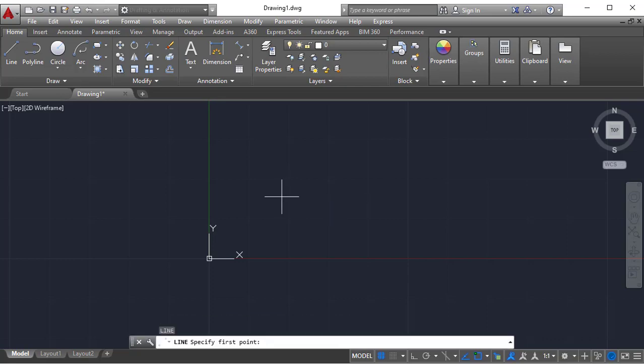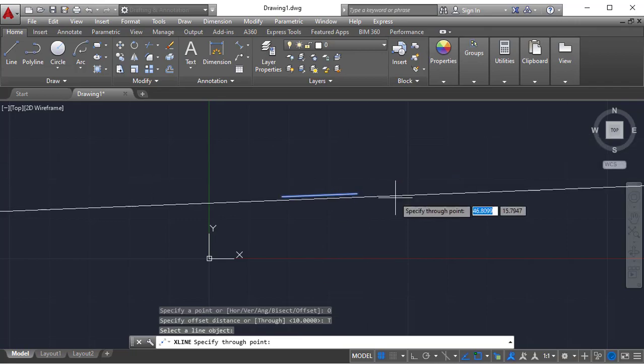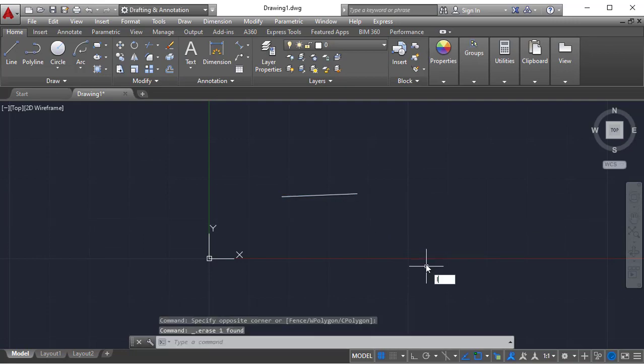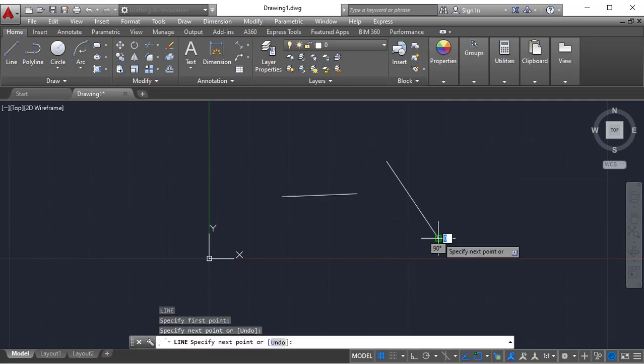What if we have one more sub option in the construction line? Draw command, construction line, and in the offset it says through. If you click on through before specifying any distance, it will prompt you to select the line object. If I click on this, it creates a parallel construction line. I am creating one more line like this, an inclined line.